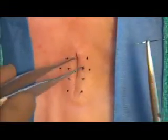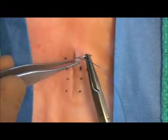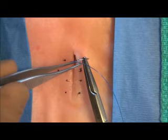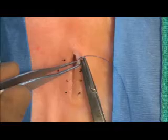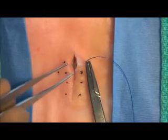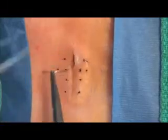For the simple interrupted suture, begin by grasping the right wound edge with your adsorbents. Have the needle enter the tissue at the right wound edge at an angle of 90 degrees. Advance the needle into the subcutaneous tissue and then twist your wrist, making the needle exit the subcutaneous tissue out